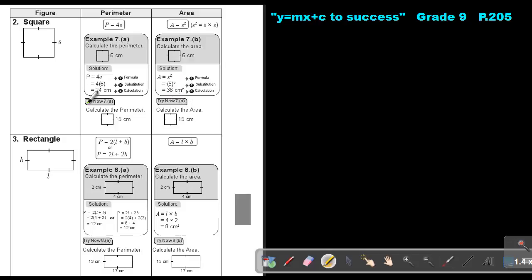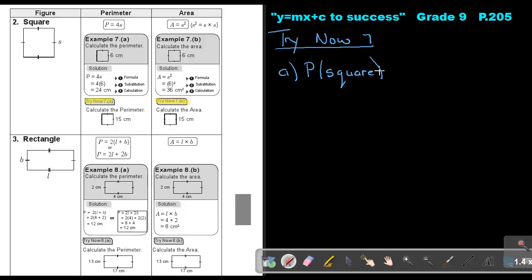Again, I want you to stop the video and do try now 7a as well as try now 7b. Let's start with number A. Calculate the perimeter of this. So the perimeter of a square, first write down the formula always, and you have to memorize it. In this case, it's just going to be 4s. And in the place of the side, we're just going to substitute that 15. And that's going to give an answer of 60